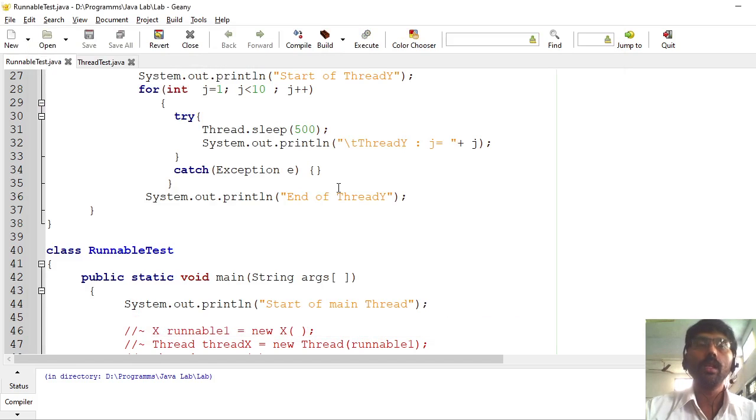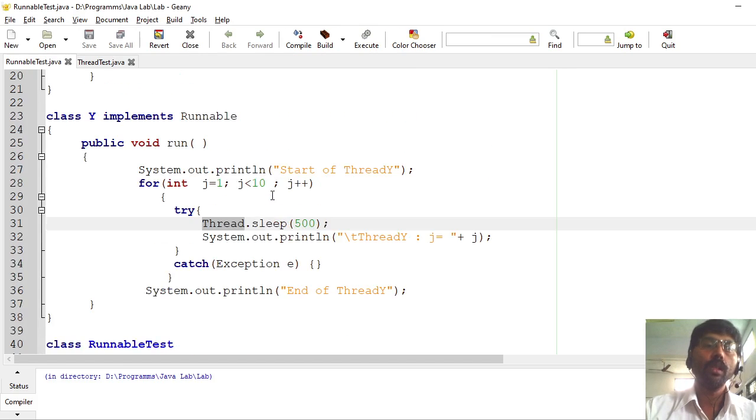So I am using the sleep method here. Now I have to call this sleep method with the help of Thread.sleep, because in the previous video I showed just sleep as a direct method, because the class actually extends Thread. So the sleep method is directly available in the class, but here the Y class never extends any Thread class.